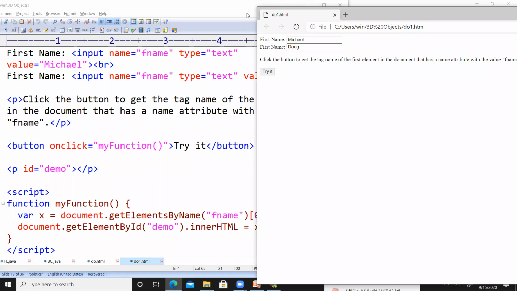The type is text and the value in that is Michael.